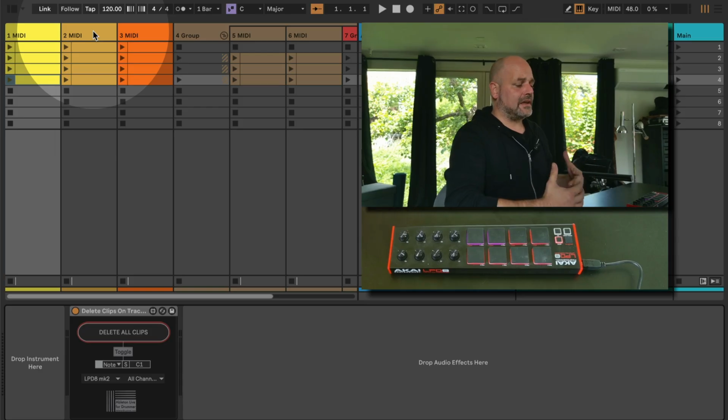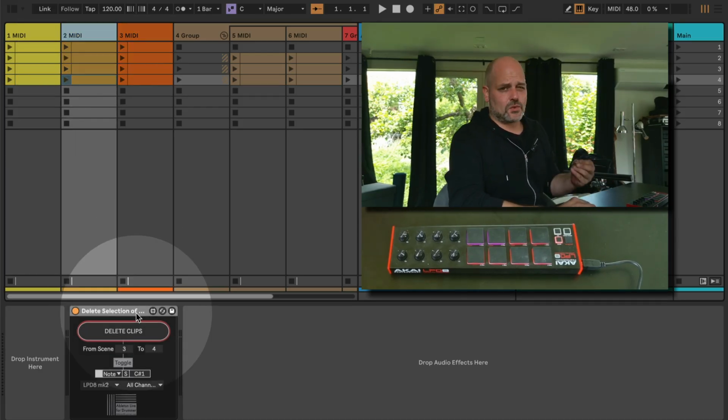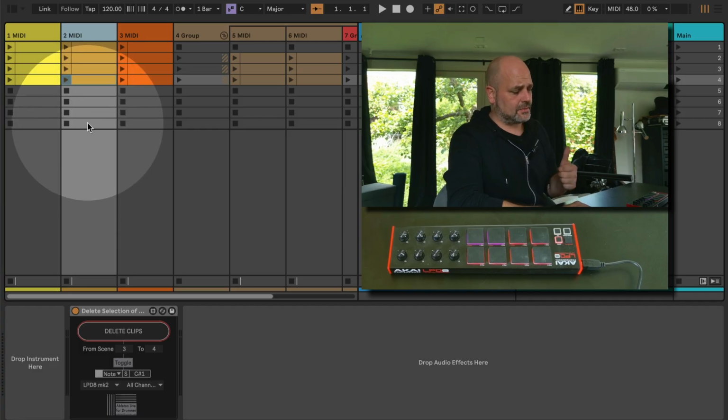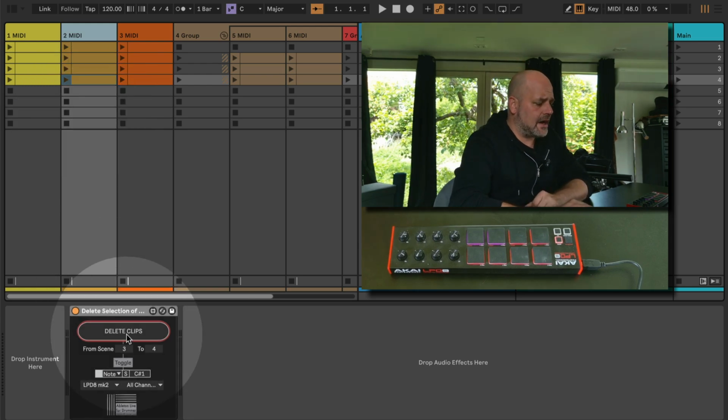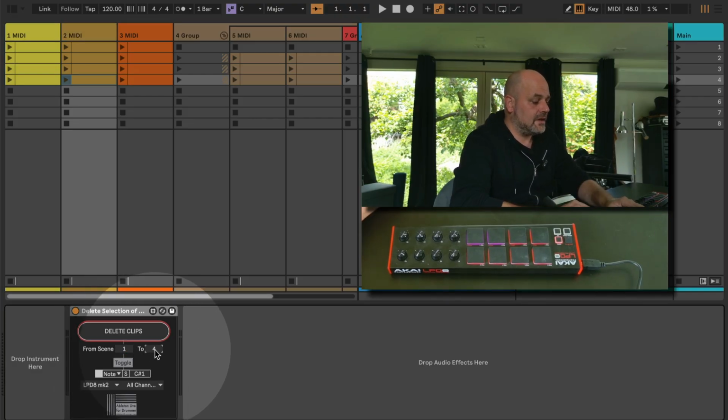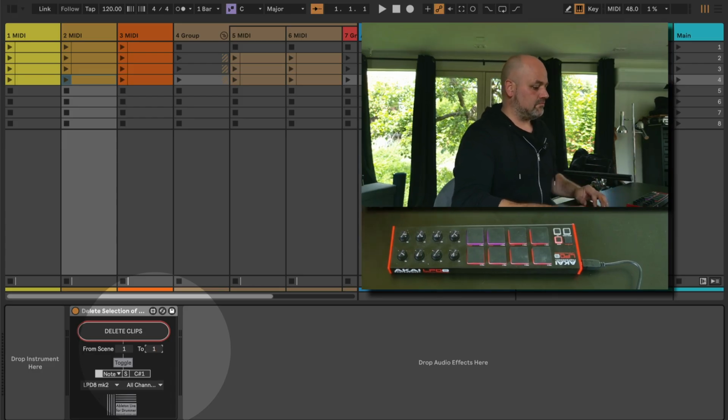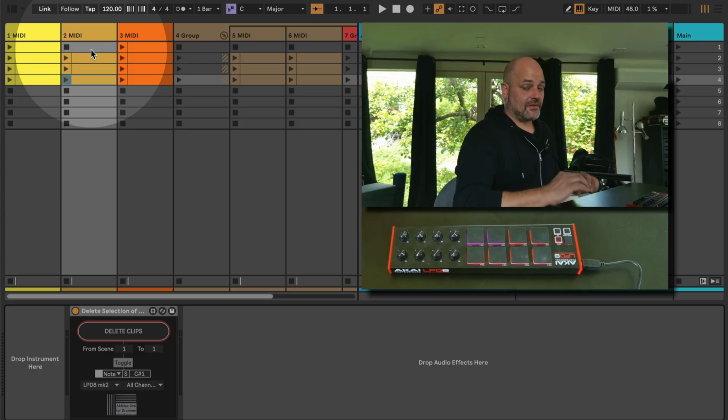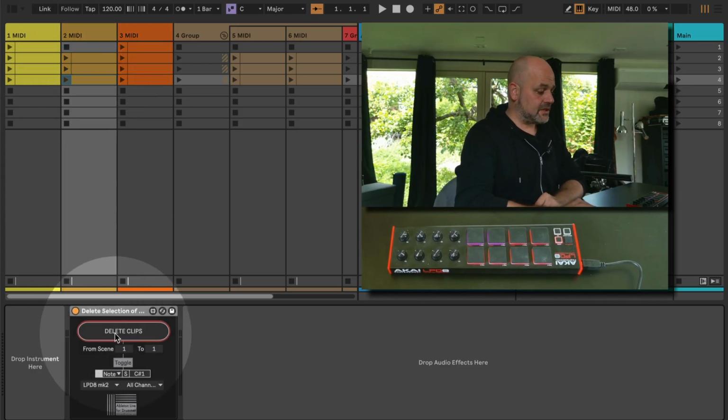if you need that, probably when you're starting out with a live set or if you're playing live and you have a preset, you want all clips to delete. Sometimes you don't want all clips to delete because you maybe have clips in here which are dummy clips and triggering certain things. So only a section of the clips here should be deleted, and you can set this here. So for example, I could set from 1 up till 2 or just one. So only the first